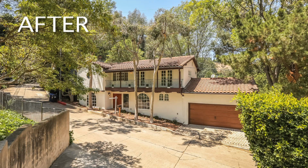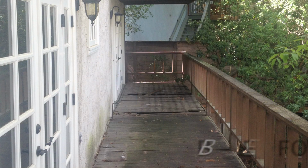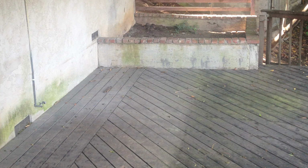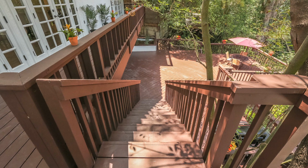If you try to go into something, there's a lot of things about any subject you move into that you don't know what you don't know. If you partner with people, or you have the right agent that completely understands the market and also has a little bit of skin in the game, there's gonna be a lot of risks that you can avoid. For example, here in Hollywood Hills,